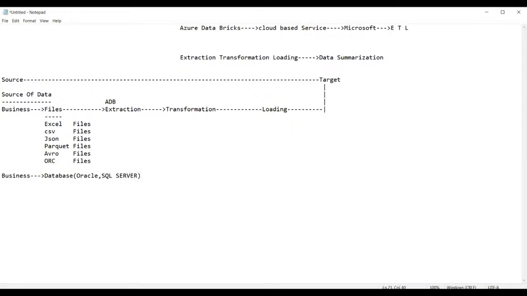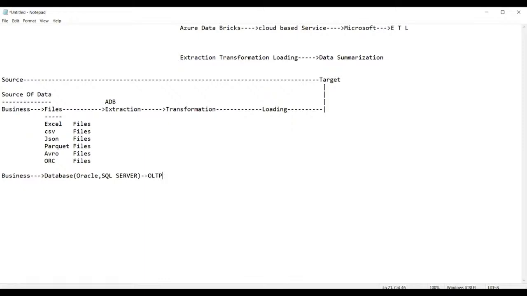This kind of database, when you receive the data, we can say that we have received the data from an OLTP system. What do you mean by OLTP? OLTP stands for online transaction process. That is called an OLTP system. You will receive the data from the OLTP system. Getting my point?